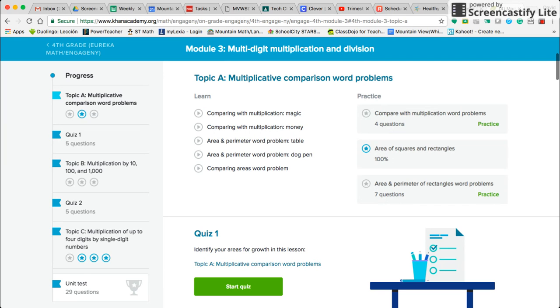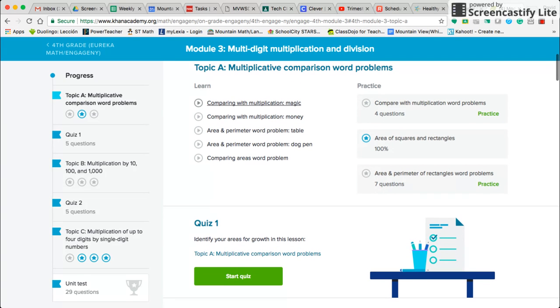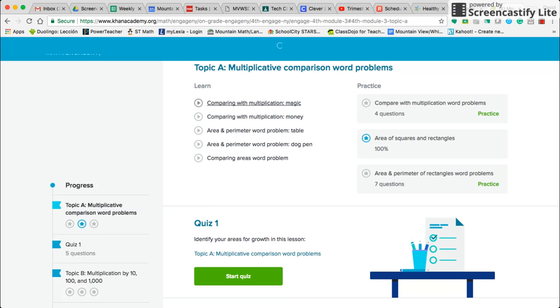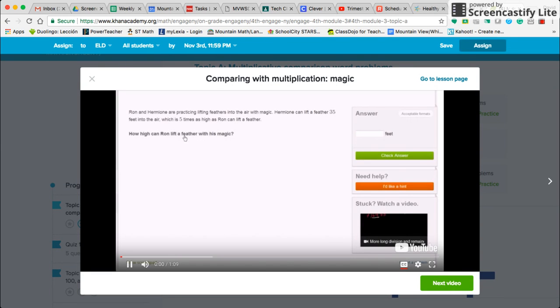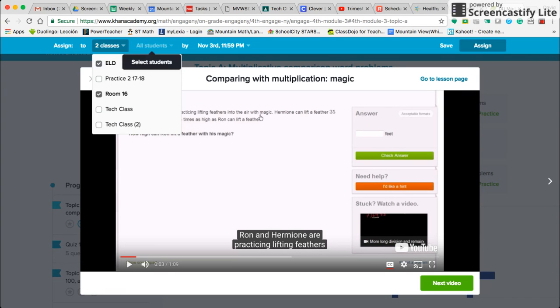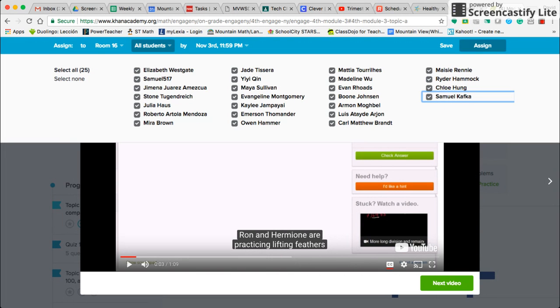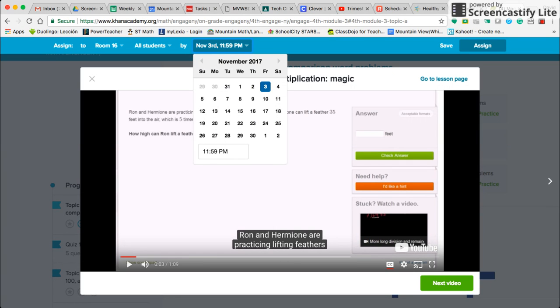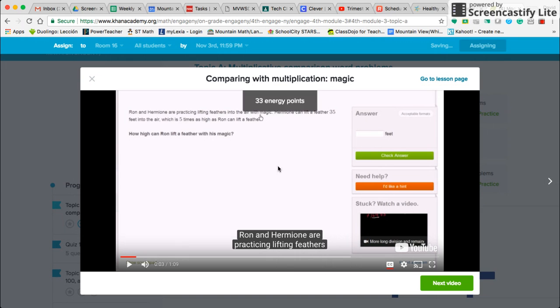And so now, any of these practices or videos, if I want to assign them to my class, if I click on the video, Ron and Hermione are practicing lifting feathers. Up at the top here, there's this little box that opens up, so I can choose to assign it to my Room 16 class. I want to assign it to an ELD class. I can decide which kids to assign it to. I can decide when I want it to be completed, and I can click assign if I want them to